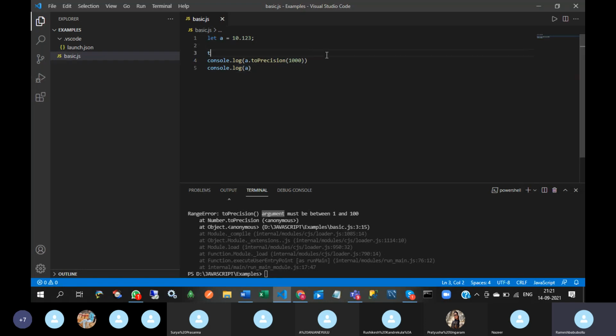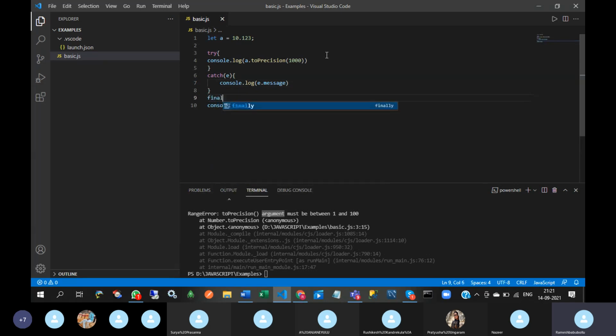So simply put try, catch of e, console.log e.message. So whatever type of error you get, it will display that message.